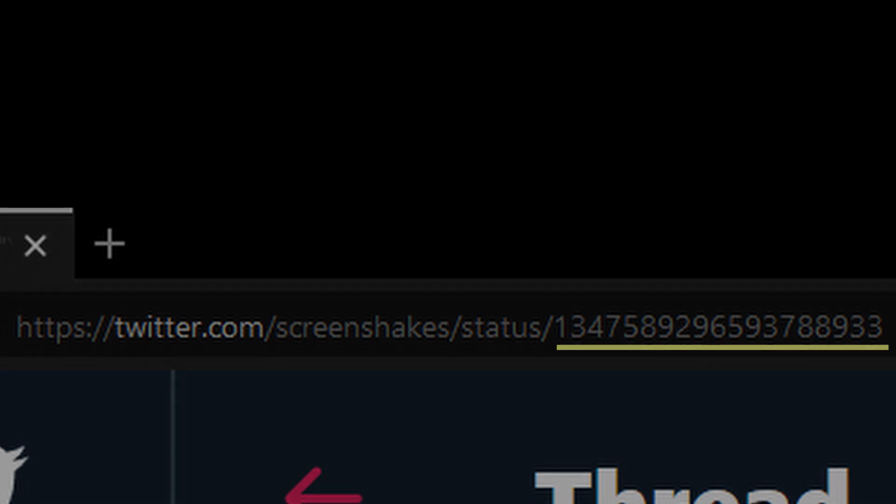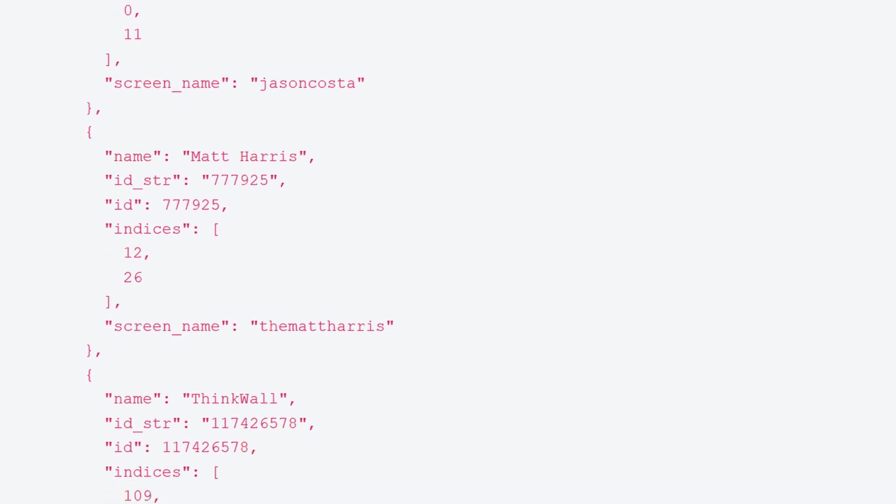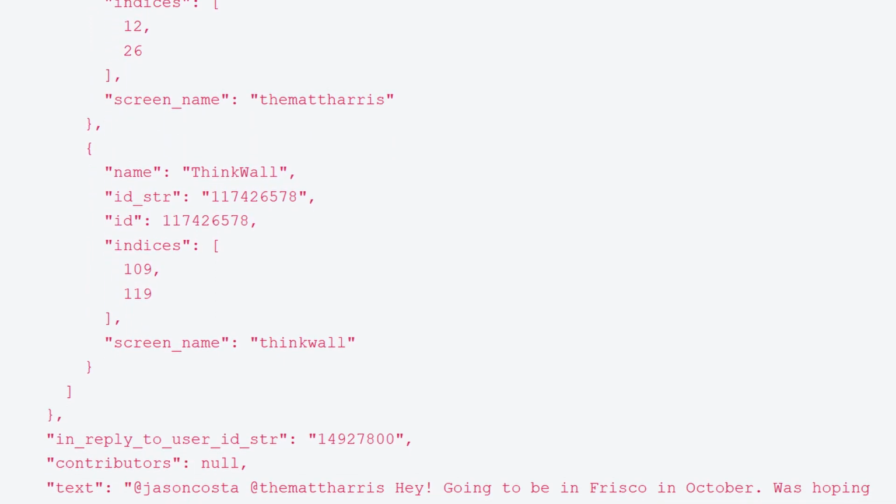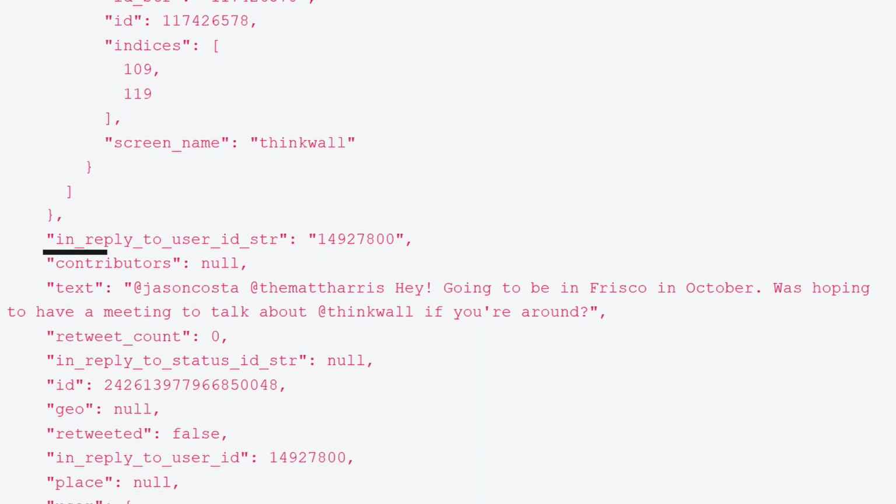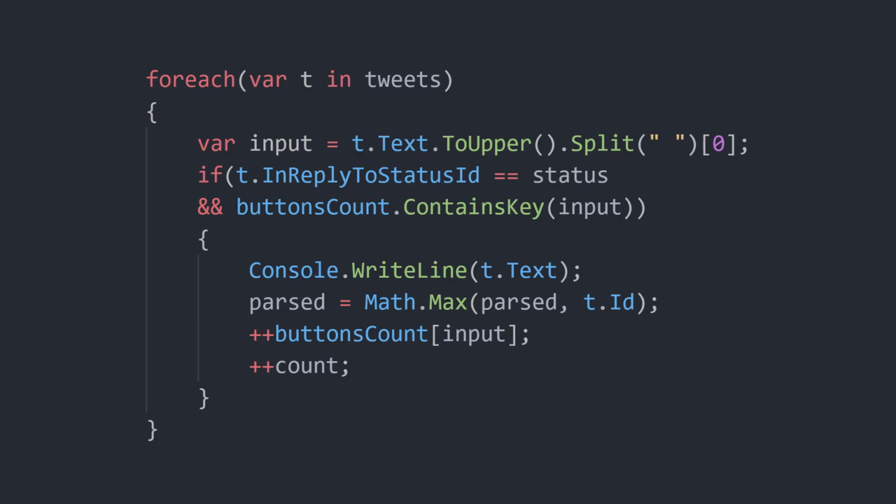This is why I made sure to only look for comments that were not used before. Luckily for me, when getting a tweet from the API, each tweet has the ID of the tweet it is a reply to, if it's a reply. So all I had to do next was to loop through all the tweets I had received and check if the ID is the one from the tweet I wanted people to comment on. Once that was done, all that was left was to transfer the comments.